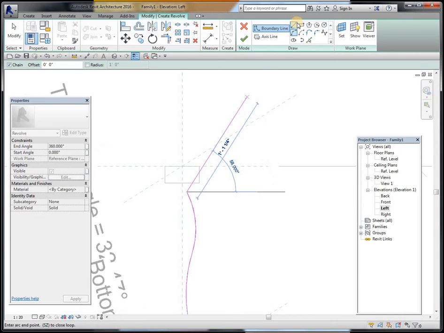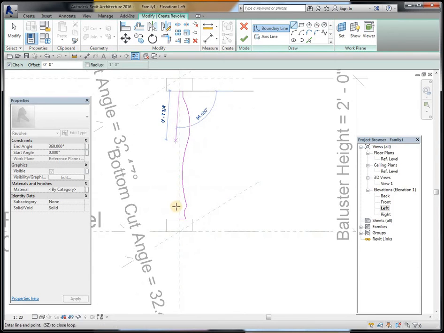So this is my arc baluster style. Close this, make this line to connect this,